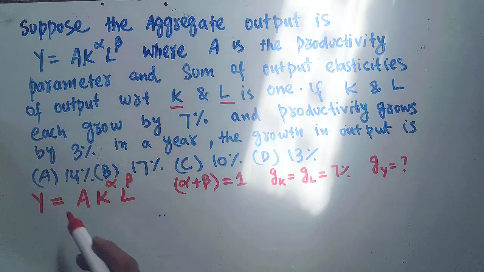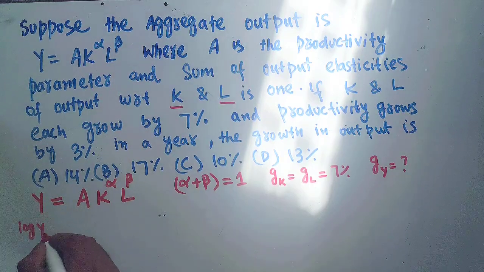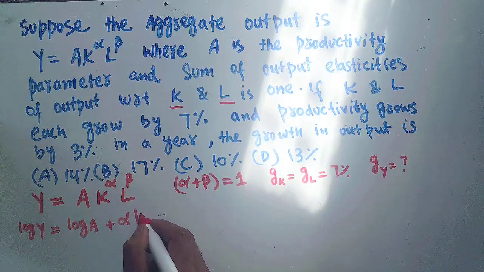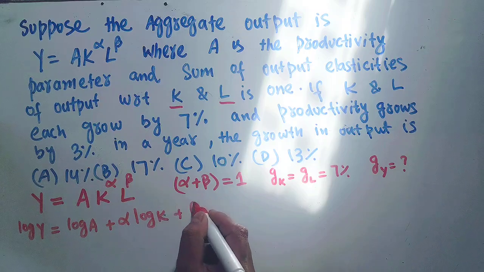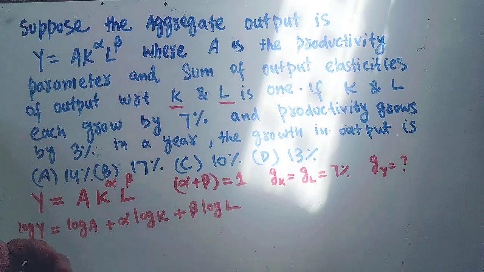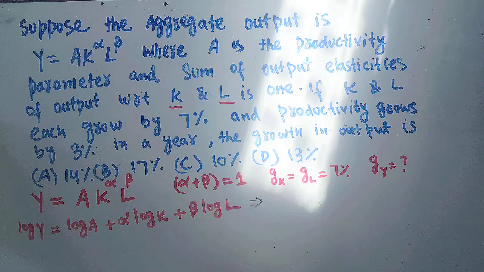Now given this production function, let's take log on both sides. That is, log of y is equal to log of a plus alpha times log of k plus beta times log of L. From the logarithm rule, you know it pretty well how to get it. If you don't get it here, I can make a separate video on this. Now if I take the differential with respect to the variables on both sides, that is the derivative of y,